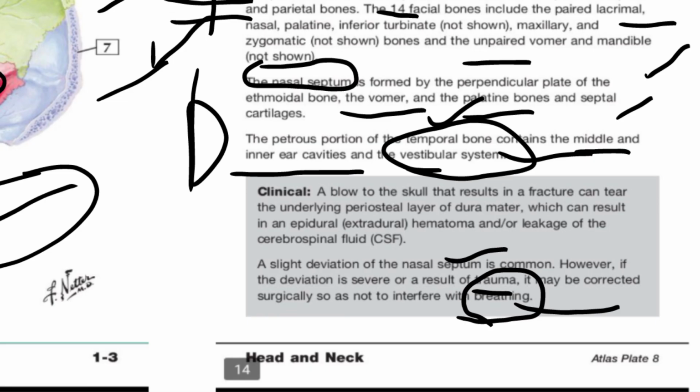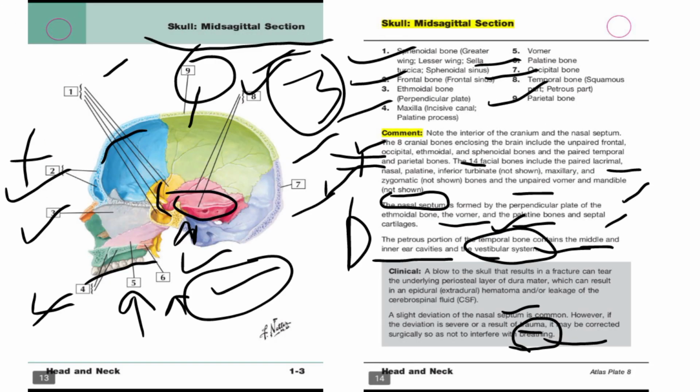So in this lecture, I covered the mid-sagittal section in a very simple explanation. Very important lecture. I told you all the labels, comments. There are the 8 cranial bones, 14 facial bones, and which bone is paired, unpaired, it's important to remember, and the clinical. These all things are very important,